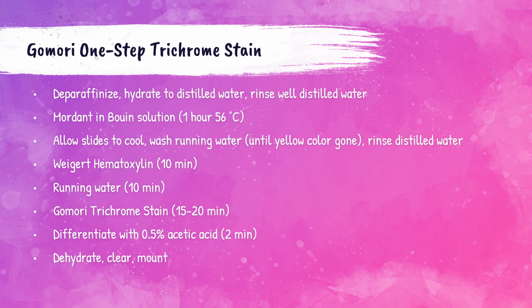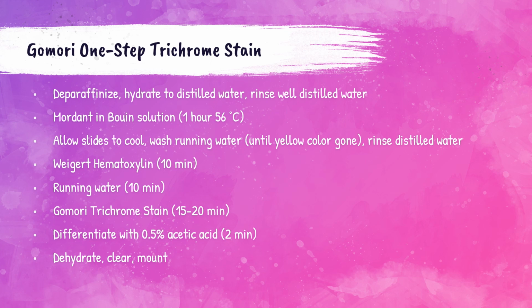To perform the Gomori one-step trichrome stain, the tissue section needs to be deparaffinized, hydrated in distilled water, then rinsed well in distilled water. The tissue then needs to be mordanted in Bouin solution for an hour at 56 degrees Celsius within the oven. The slides then need to be removed from the oven, cooled, and then washed in running water until the yellow coloring disappears from the section. After the yellow coloring disappears, the tissue needs to be rinsed in distilled water, then stained with Weigert hematoxylin for